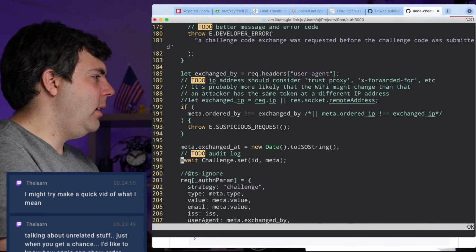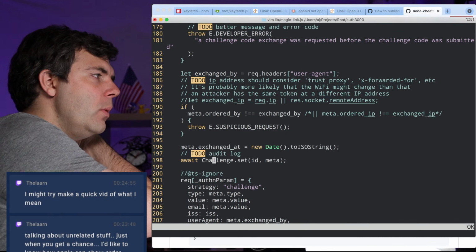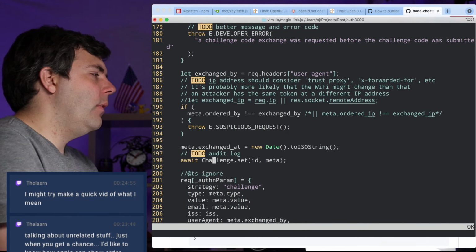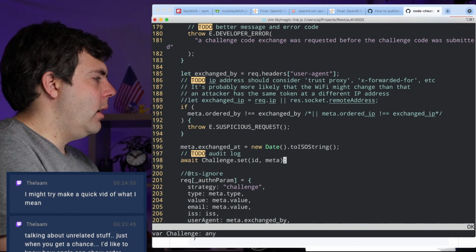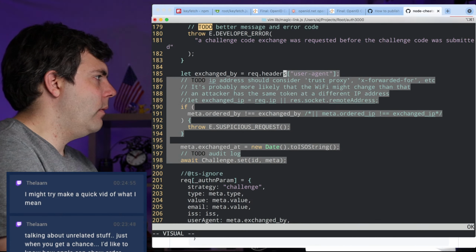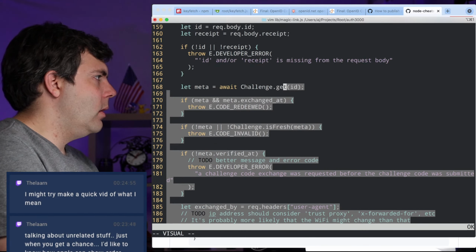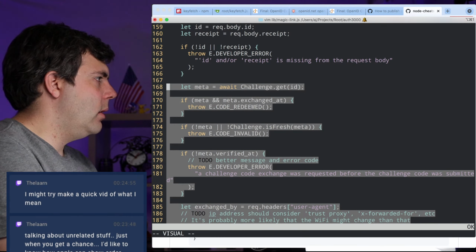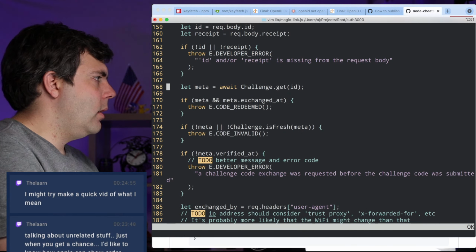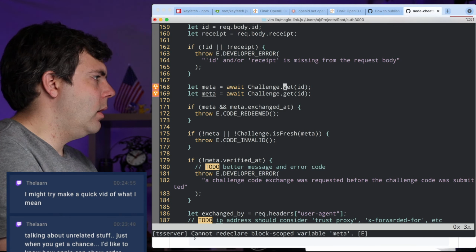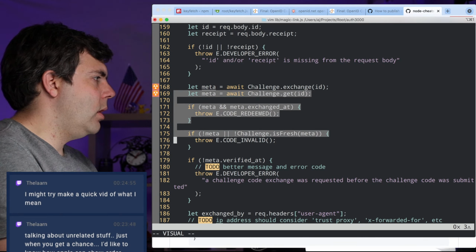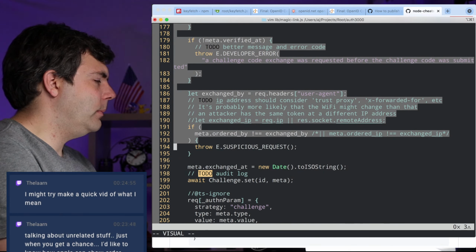Yeah, this whole bit seems that we just want to do the exchange and then let meta equals await exchange. I think that might work.